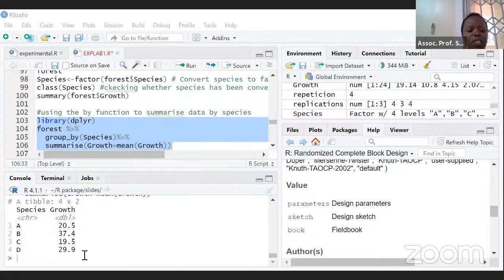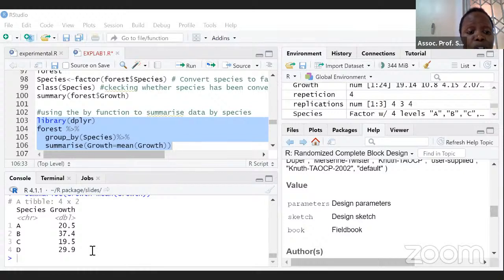And now I talk about this box. I say the species with the lowest growth rate is C, and the species with the highest growth rate is B. The magnitudes look different, so we would like to confirm these differences using a statistical